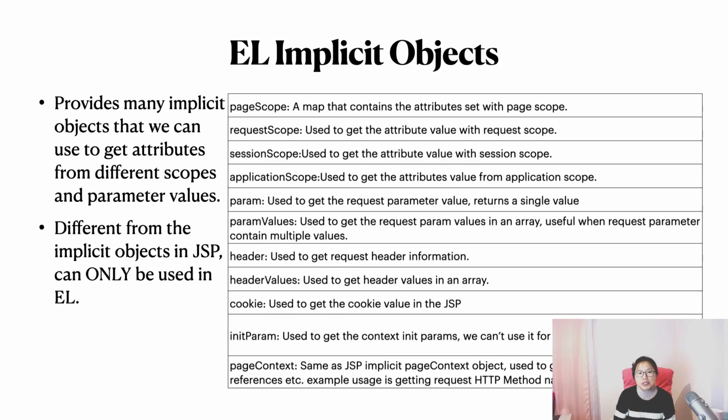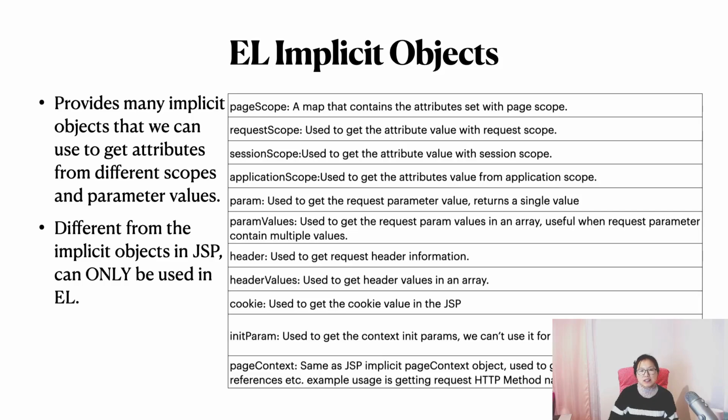You can also use request scope to grab an attribute from request scope. Same thing for session scope and application scope, okay? And there's one which might be very useful, which is